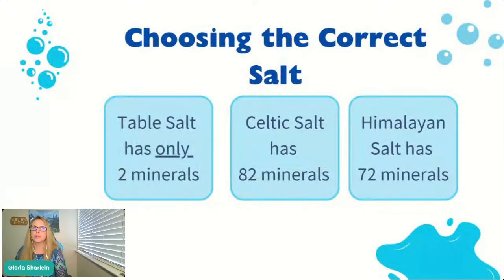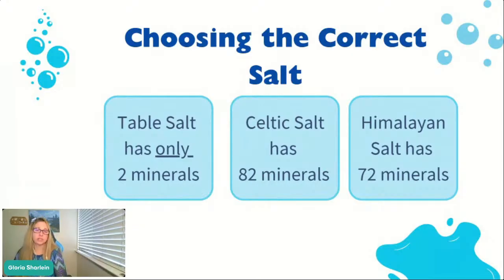We don't want minerals from our sink water that we were all taught, like, oh, we need to get minerals from sink water. No, those minerals are from the pollutants from the rivers off of the rocks that create our pineal glands to be calcified and such, and fluorine and fluoride in the body. And so we don't want any of those kind of minerals. And we don't want the minerals in table salt as well, because table salt only has 2 minerals in it to begin with. So it is also not the correct salt choice and is harmful, like Barbara O'Neill talked about.